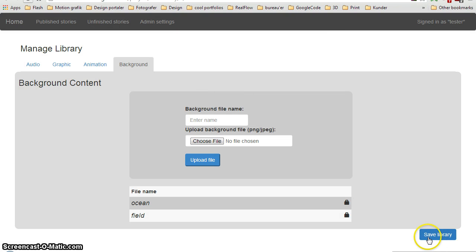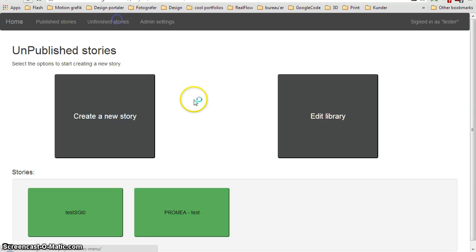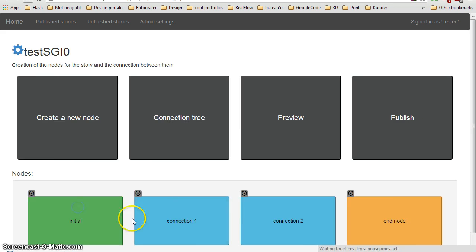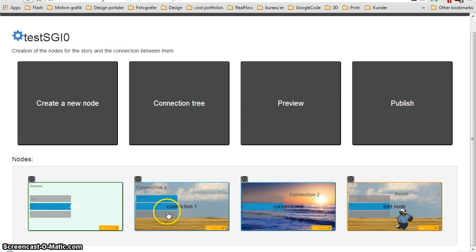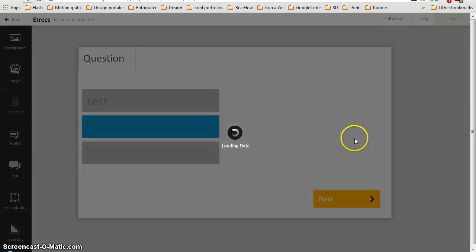So I made sure that I actually have assets in my background, assets in my library. Now I'm going to save the library, and I'm going to go in and open my editor. Serious Games has made this demo story, which I'm going to open. As you can see, we have our slides available down here, which we have already saved. To edit one of these slides is as simple as just clicking on it,